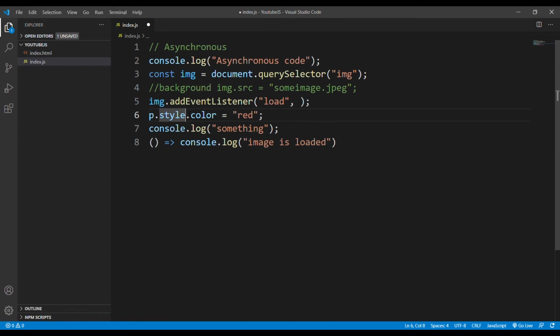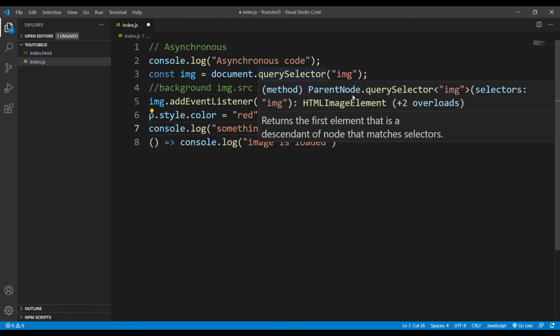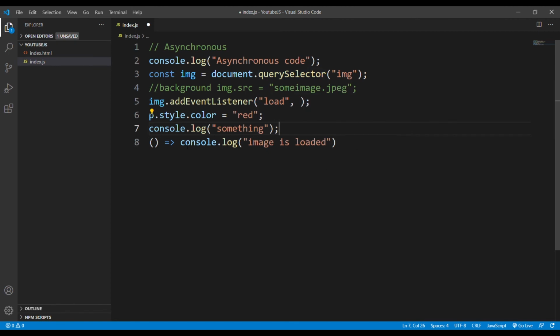And as soon as the image is loaded, the callback from that part will be executed. Okay, I'm just showing you an example. It's not the exact way this callback is passed at this line. I just want to tell you that after the main code is executed, the callback, as soon as the image is loaded, is executed here. So this is done with the help of an event loop.